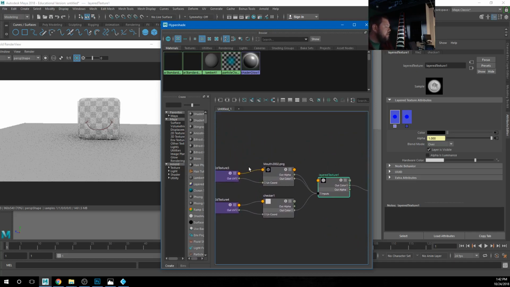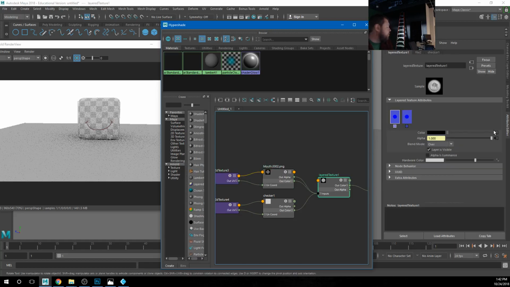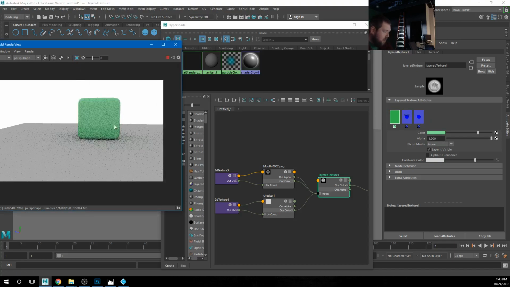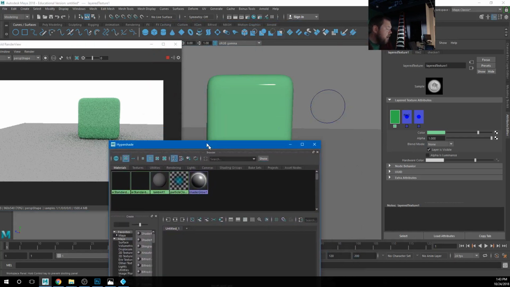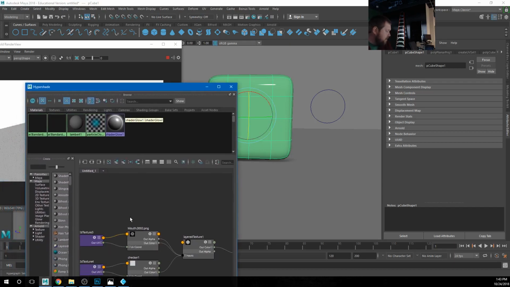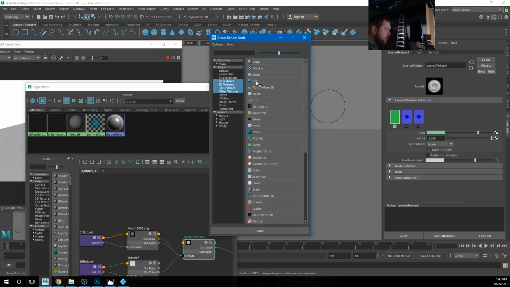I'm going to do one more because I think there are other things we can do with this material that are kind of nice, including adding the eyeballs to it. So I'm going to click out here, make another layer, middle click, drag this over to here, and what you'll see is, if I take off that render region, my entire object went green again, right? So I want to put the eyeballs up here. On my texture here, this new map, I'm going to map in another file,